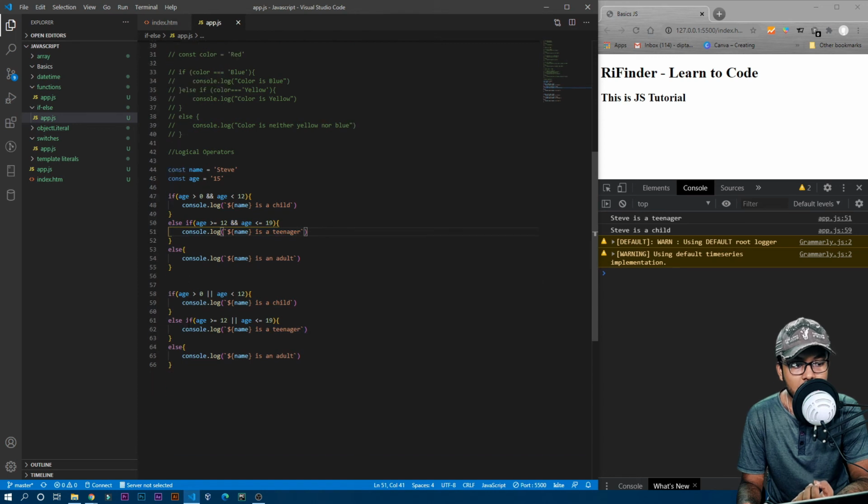But when you use the OR, it will check for only one condition. If any one of them is true, it will perform that certain task. So it first checks whether age is greater than 0 or not. Obviously that's true, 15 is greater than 0. It will not check whether age is less than 12, because at least one condition is true now, right? So it will do this thing and it will not perform any one of these. But if I remove this age is greater than 0 check, then